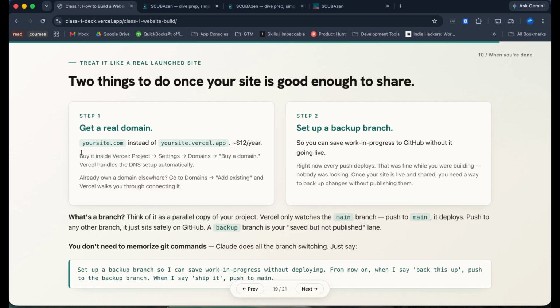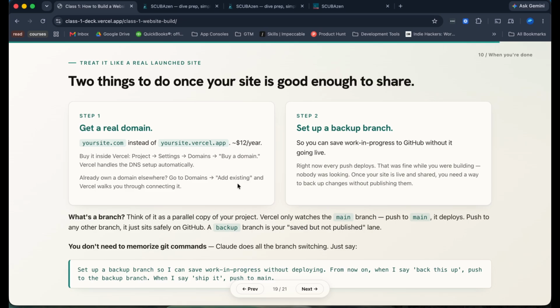If you do not have a domain yet, you can buy it directly from Vercel, and Vercel will do all of the work for you. A domain is usually $12 to $15 a year. They're very cheap. But then once this is all done, when you go to yourdomain.com, you are getting the site we built in VS Code through this class. So it's a pretty easy switch over. It takes 10 to 15 minutes.